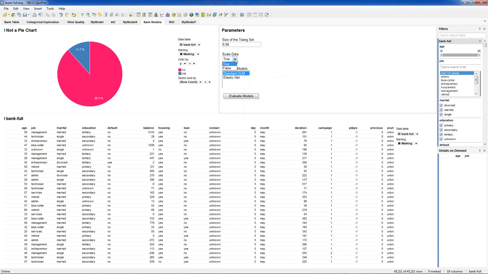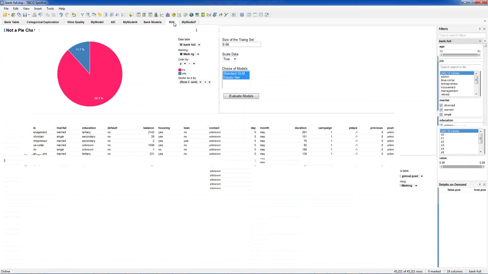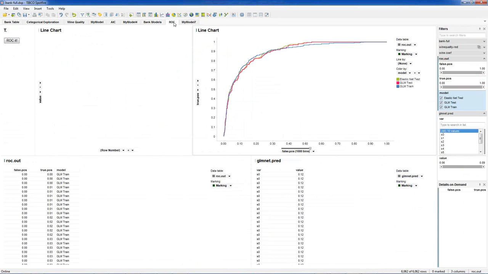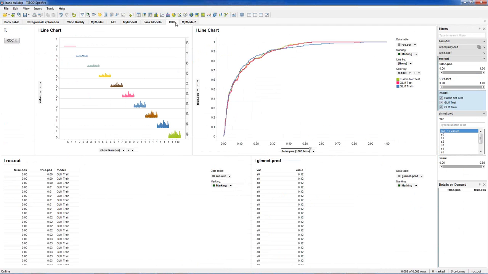We can either scale data or not. It's a good idea to scale. And then we can choose and fit several different models, right? So here I wired the standard GLM that you could be maybe familiar with in R and the elastic net. And so if I actually run these, right? Let me get a curve, these curves like this.